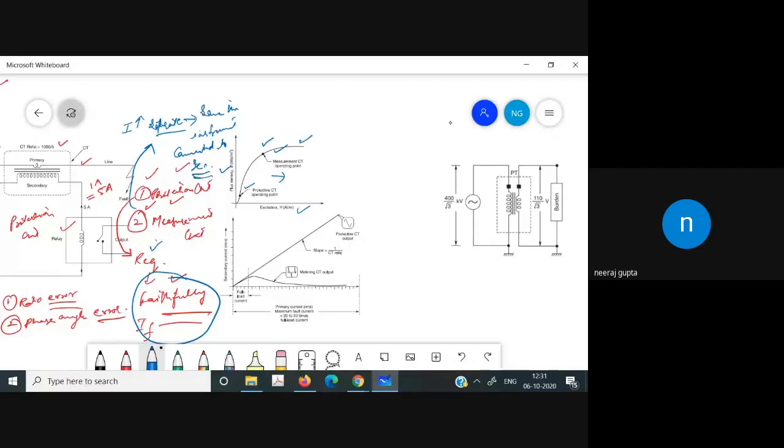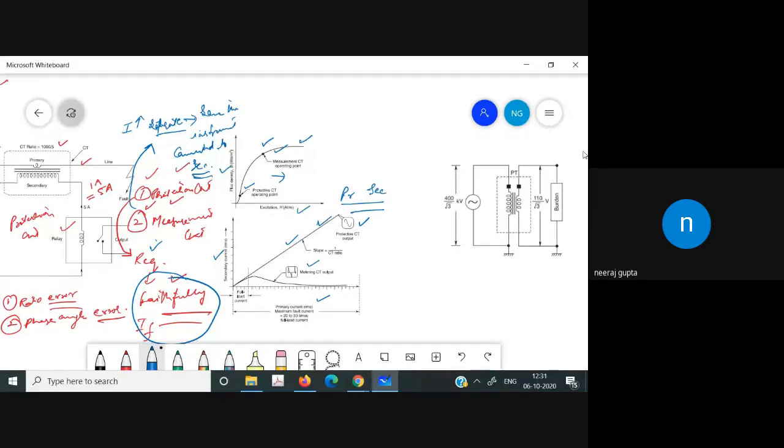Now, this is the BH curve, and this is the primary current versus the secondary current. In the case of the protective CT, the output is proportional to the input. That is, the primary and secondary are proportional. It will reproduce because it is a protective circuit. And the second one is the metering CT. The metering CT will saturate because after a particular value of the primary current, the value of the secondary current will not increase. So this is about the different types of CTs that are used.